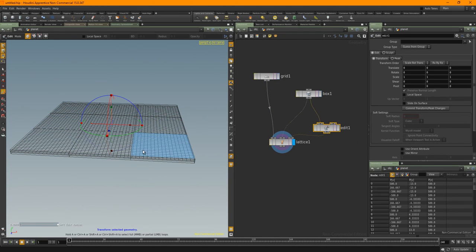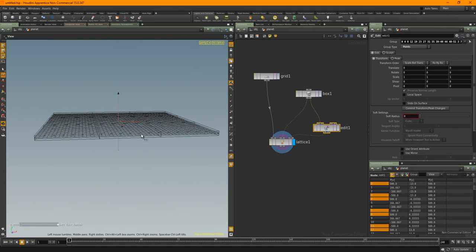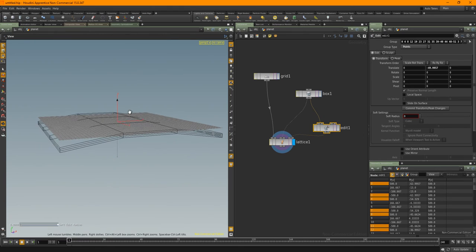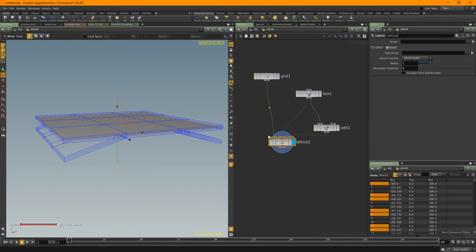And basically what we're going to be doing is we're going to edit the points of the box. So whilst we've got this selected over the viewport, S for select, 2 for points, let's select them, hold shift, let's select them, hit T for the transform tool, and let's bring this down, okay? And as you can see, not a great deal is happening, and that's because we haven't fiddled about with the radius.